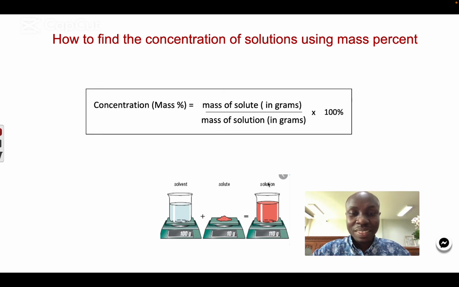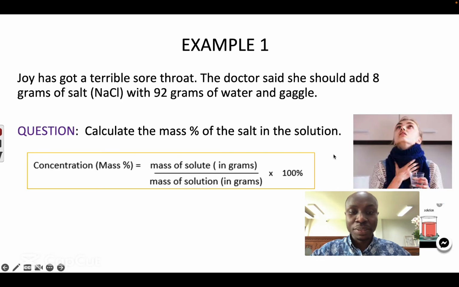Mass of the solute divided by mass of the solution times 100%. This will give us what? The concentration of that solution. Let's take two examples. Number one,